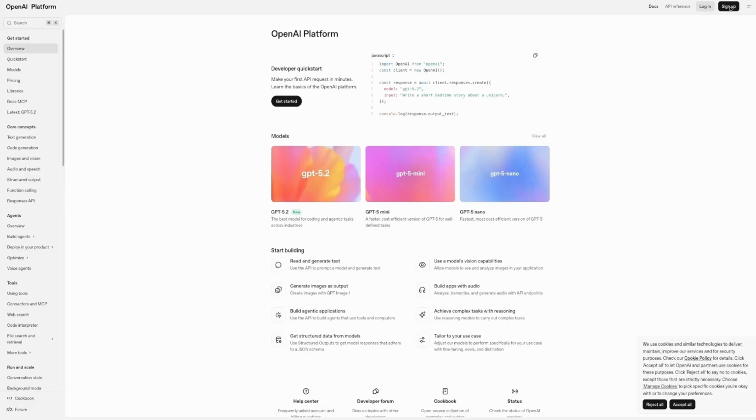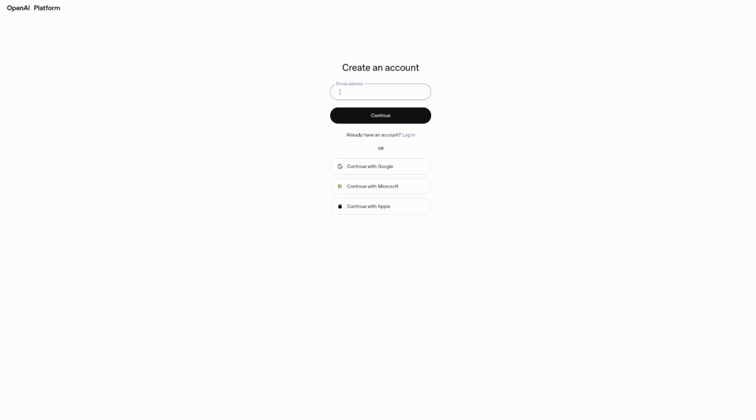This is the OpenAI platform web portal. First, we need to create an account. To create an account, we will need an email address and password. I will log in using my Google Gmail account. Let me enter my email and password.